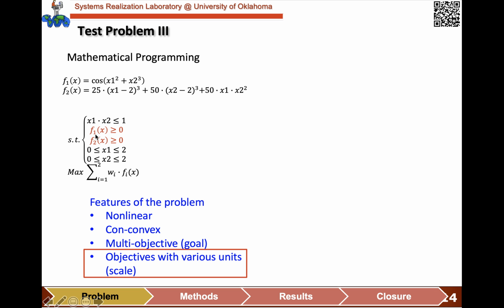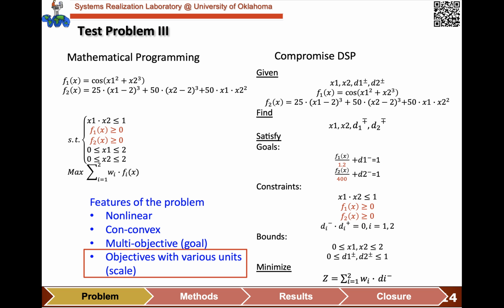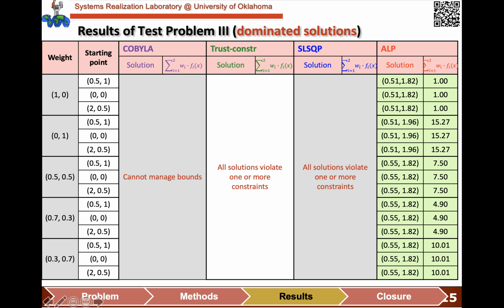We add 2 more constraints to make sure the two objectives are positive and convert them into cDSP, and we observe the target of the second goal should be 400. And by implementing the problem, we see that none of the first 3 algorithms in Python, in SciPy, can solve this problem. They either violate one or more constraints or bounds, or simply cannot return a feasible solution. But for ALP, it can always return a feasible solution with relatively good enough